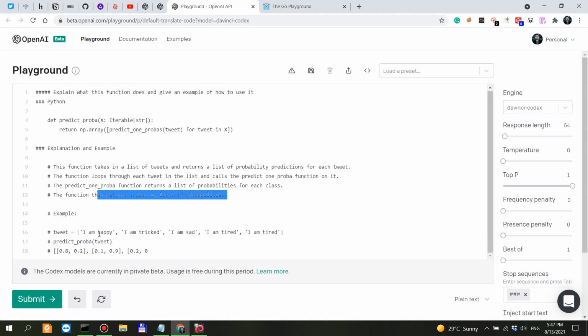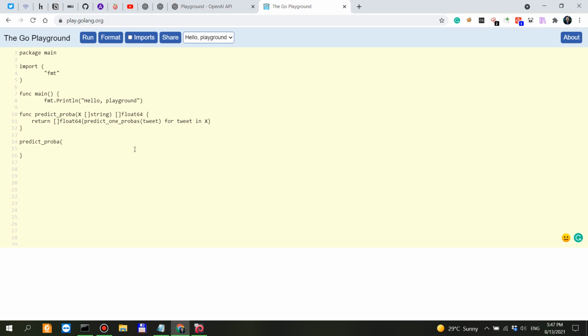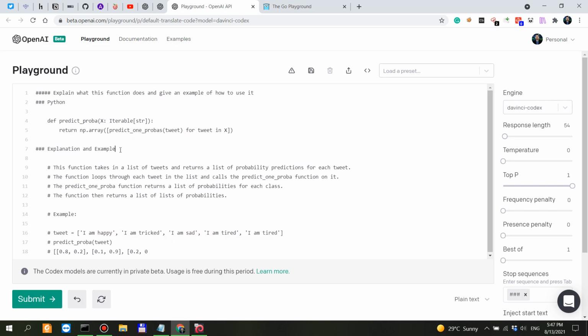I actually modified the first one, the translation from one language into another, into an explanation. So this is really, really cool. Awesome. So, wow, I'm excited about this. Should this actually work? Let's say explanation and example. Explain what this function does and give an example. Let's say,